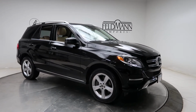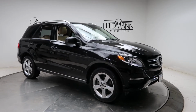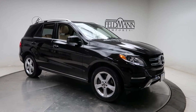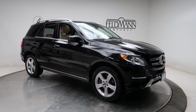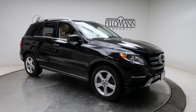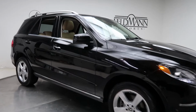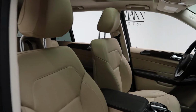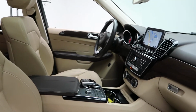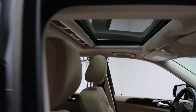Today we're taking a look at a certified pre-owned 2018 GLE 350 4MATIC. This one's black. Underneath it's a 3.5 V6 pushing out 302 horsepower and 273 pound-feet of torque. For wheels we've got 19-inch 5-spoke alloys, an espresso brown, ginger beige MB-Tex interior with a brown eucalyptus wood trim, sunroof,